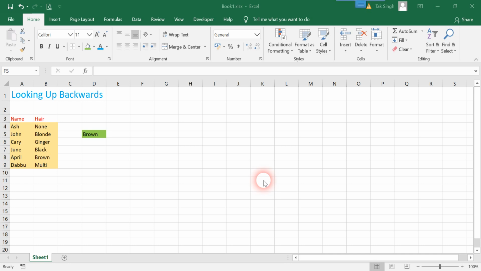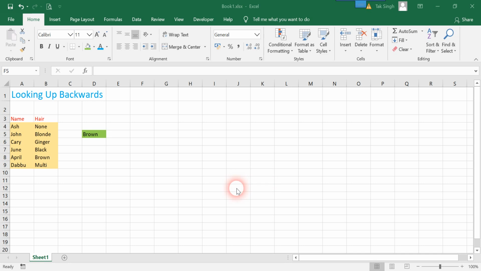Okay guys, before we move on to the next lecture where we will see the backwards VLOOKUP function in action, I just wanted to share with you an alternative way of looking up backwards which does involve the VLOOKUP function, but it is still a combination of two Excel inbuilt functions, and it is a little more difficult to get, as the previous one was fundamentally very clear. This is not quite that clear.